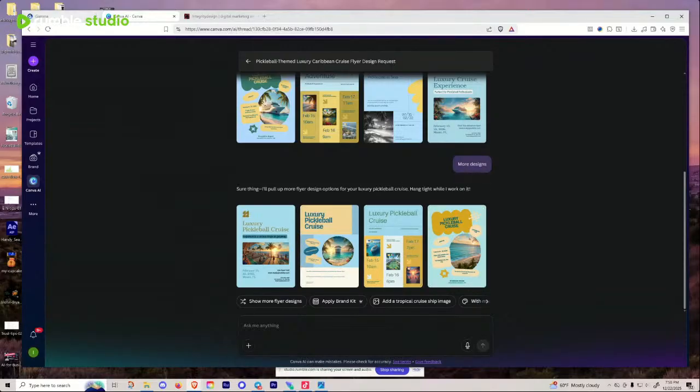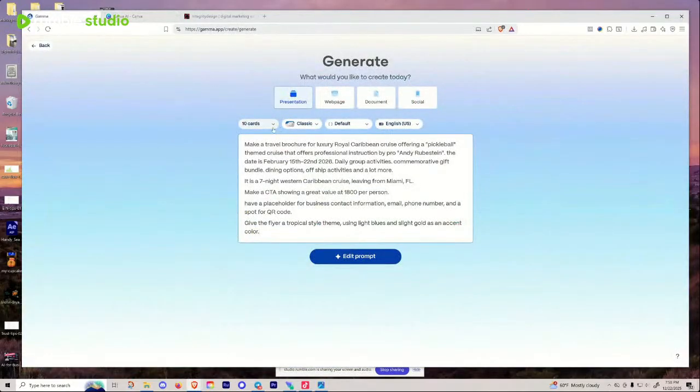Let's see if this one can do any better before we start putting time and effort into working on this one and try to fix it. So let's see what happens. Gamma, this one. What do we want to create? Presentation. This is going to be either, I want to say social because a document is a text. I don't think I want to choose document there as text. Social. Is this going to be a,